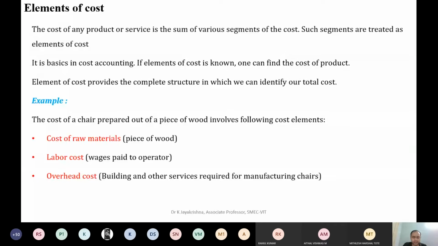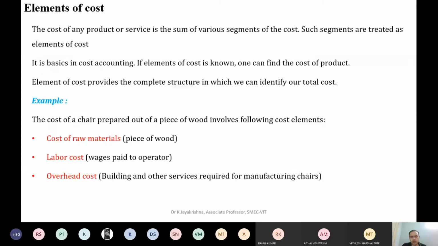Let me put it another way. You are an engineering student now. The cost spent on books and laptops, I can consider as the material cost if I'm running a university. The cost spent on books, infrastructure and other things can be put under that. Then labor cost is whatever they pay the professors to teach you. It may include professors' charges and the non-teaching staff, everyone.